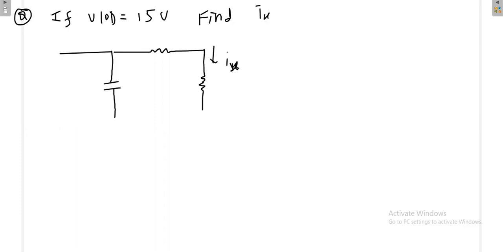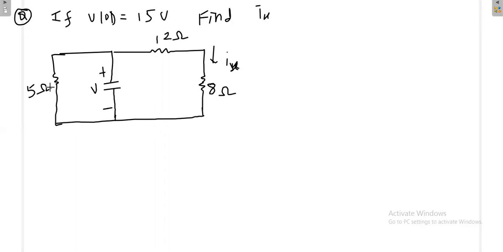This is 8 ohm. So this is plus minus, but this voltage is like the initial voltage. Initially the capacitor is having some voltage. This is also an example of a source free circuit, but with an extra 5 ohm resistance. If this 5 ohm is not there, we can merge this 12 ohm and 8 ohm, then we can easily solve with the source free circuit concept. But this is also similar to a source free circuit, but with some extra resistance here. Okay, no problem, we'll try to solve.